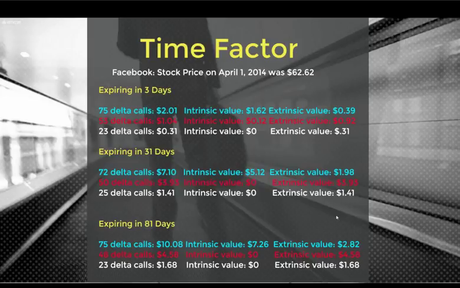The at the money is $3.93. And then there's no intrinsic value on the 25 delta, and you have $1.41, so it's all extrinsic. Same thing as the 50 delta. And then the 81, you can see the extrinsic is $4.58 on that 48 delta. The 23 delta, $1.68, and you can see that there's just more value with that 75 delta with the intrinsic value compared to that extrinsic. You have less extrinsic value on most of these when you are in the money compared to at the money,